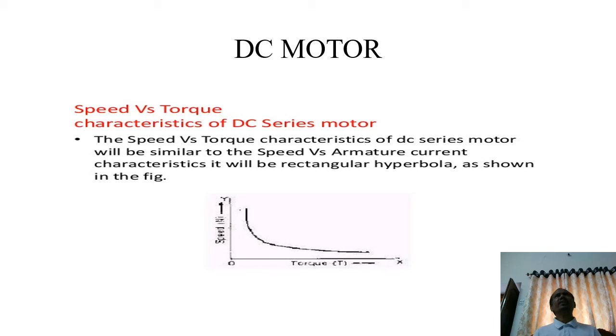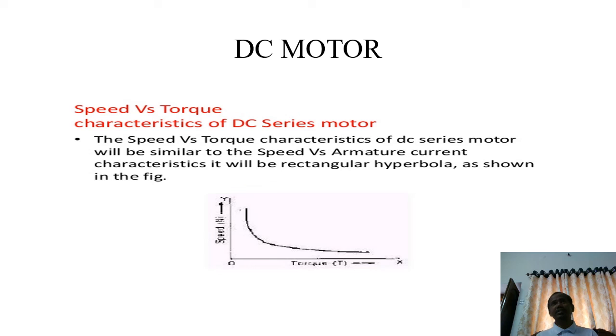In the case of a series motor, the flux phi is directly proportional to the series field current Ise. But this Ise is directly proportional to Ia. So in this case, armature current is equal to field current. Therefore, torque is directly proportional to phi Ia, which is directly proportional to Ia times Ia, Ia squared. So your torque is directly proportional to Ia squared. This is parabolic in nature. Now we will draw the torque versus armature current characteristics.